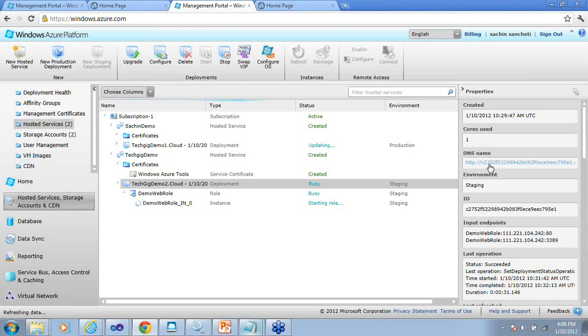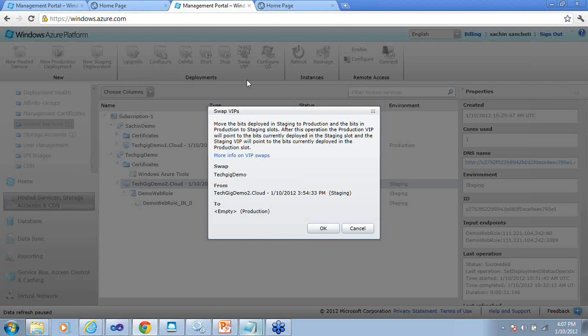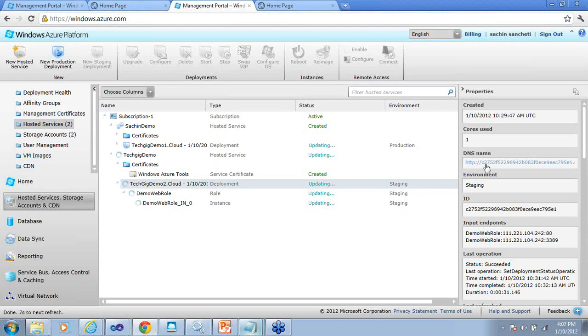And once it is done, I can very easily say swap VIP. When I say swap, it will actually get swapped from staging to the production environment. So we'll see that also. Just click here, say okay. Very soon you should have a different DNS name, like a demo name, and you should be able to access it. Generally we used to have a staging environment in our local infrastructure. We used to test it, and then copy everything again, repackage and deploy it to the production environment. In the cloud, in Windows Azure, it's very easy. It's like a click of a button and you are good to go.